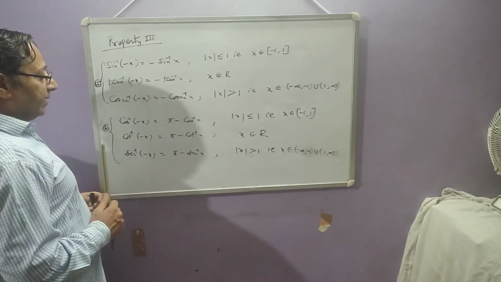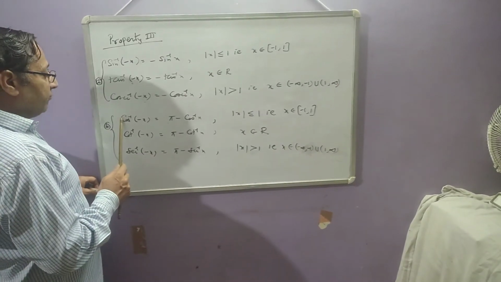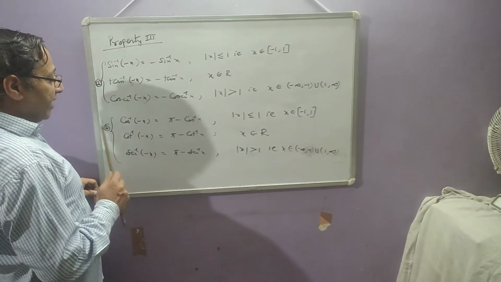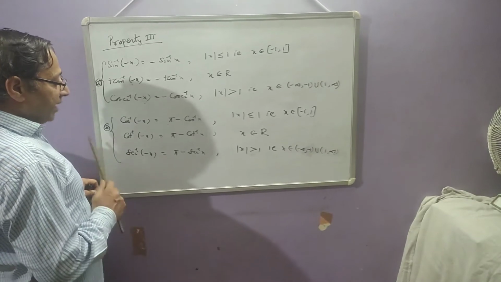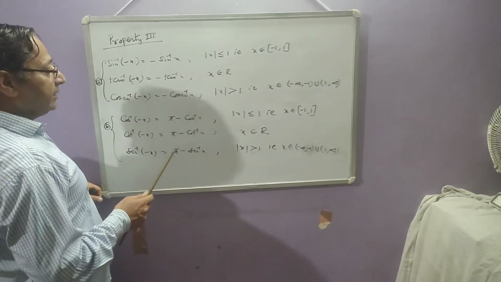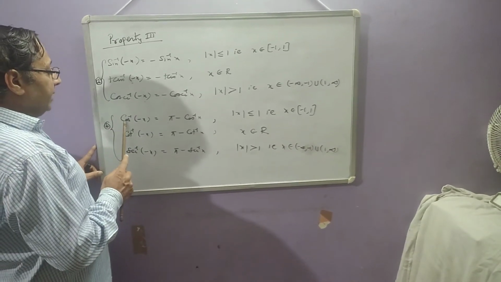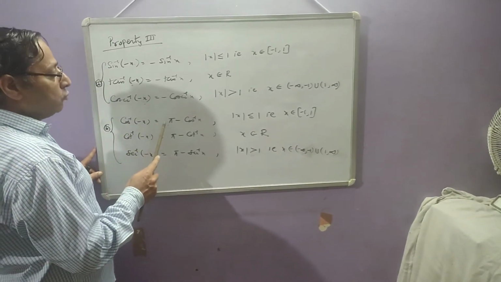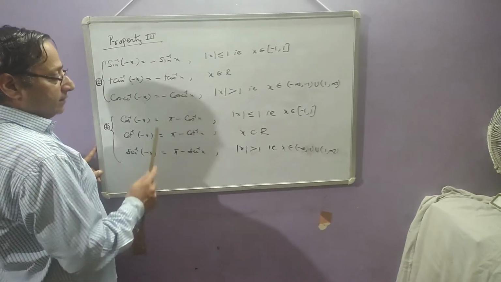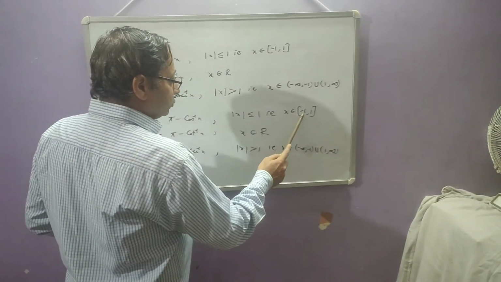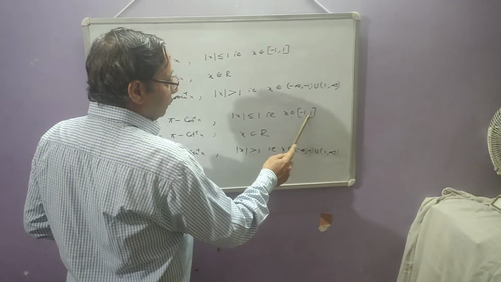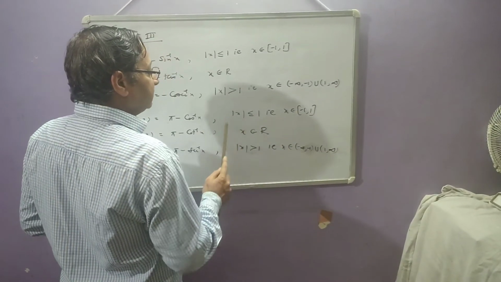In the second category, whenever there is a cosine inverse of negative x, cotangent inverse of negative x, and secant inverse of negative x, not only is the minus sign taken outside but it comes along with pi. Now cosine inverse of minus x is equal to pi minus cosine inverse x whenever x belongs to the closed interval minus 1 to 1, or you can say |x| is less than or equal to 1.